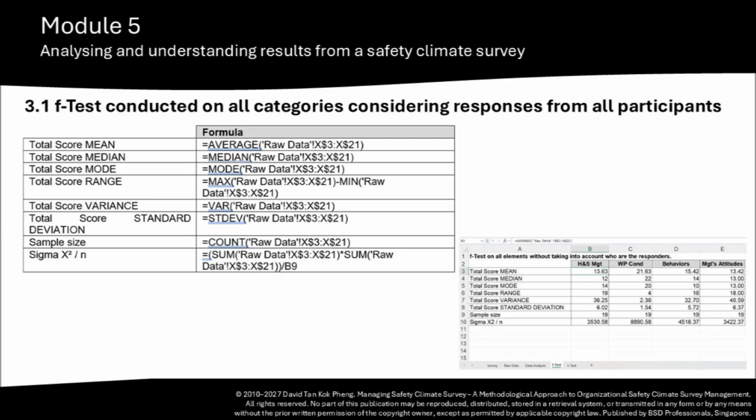Next, in column B, label the section as Health and Safety Management System. Column C is labeled Workplace Condition, column D is Workers' Safe Behaviors, and column E is Management's Attitudes, Values, and Beliefs. We then input the relevant Excel formulas under each category, starting with the Health and Safety Management System column. The mean is calculated using =AVERAGE(raw data, x